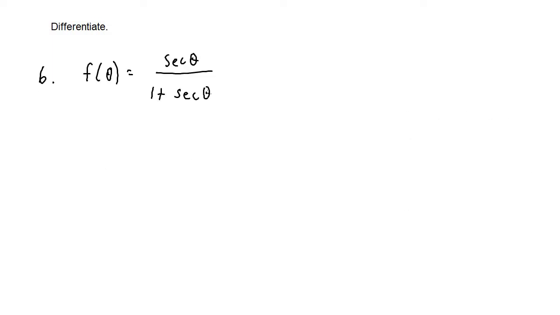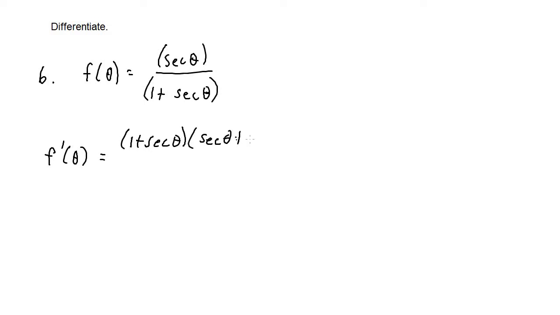Now for number 6, we have f of theta equals secant theta over 1 plus secant theta. Because we do have two functions being divided here, we do need to use the quotient rule. So once again, we're going to find f prime of theta and derive with respect to theta, because that's the variable. So once again, we're going to take the lower function, so low times the derivative of the higher function, derivative of secant theta is secant theta tangent theta, minus the top function, secant theta, times the derivative of the